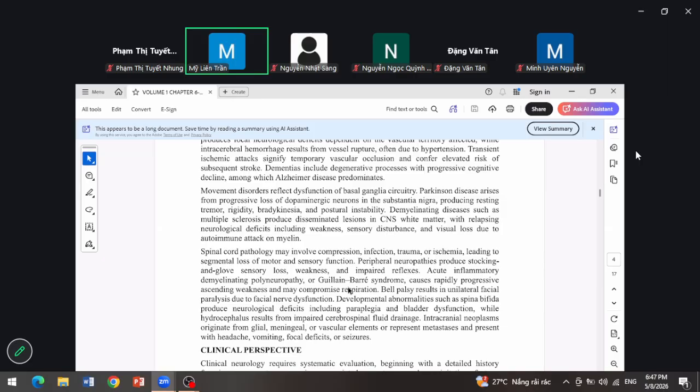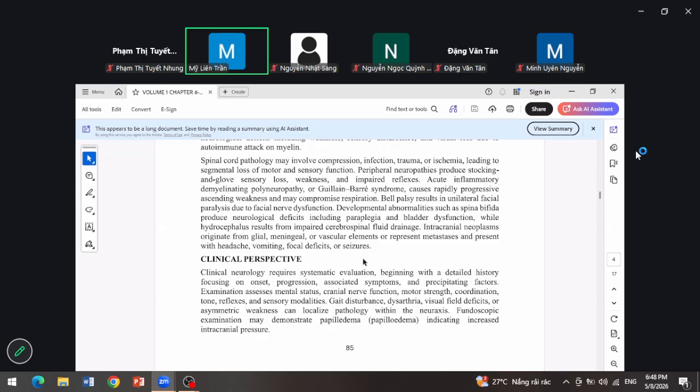Developmental abnormalities such as spina bifida produce neurological deficits including paraplegia and bladder dysfunction, while hydrocephalus results from impaired cerebrospinal fluid drainage. Intracranial neoplasms originate from glial, meningeal, or vascular elements or represent metastases and present with headache, vomiting, focal deficits, or seizures. Clinical perspective. Neurology requires systematic evaluation, beginning with a detailed history focusing on onset, progression, associated symptoms, and precipitating